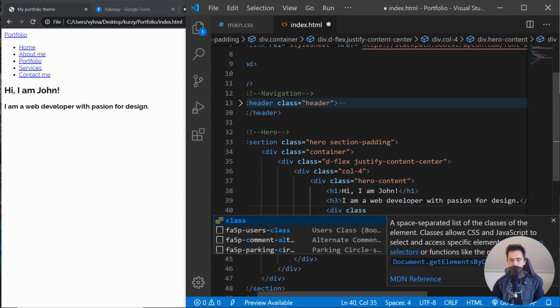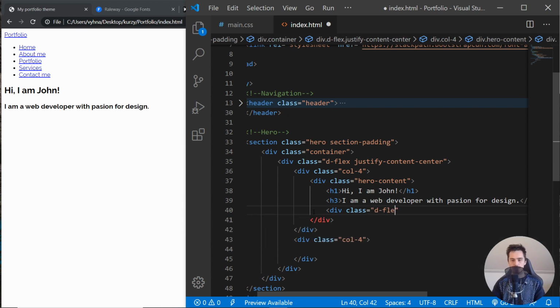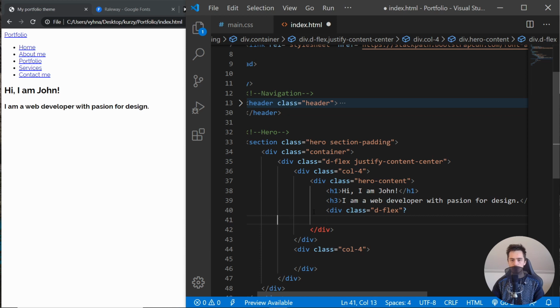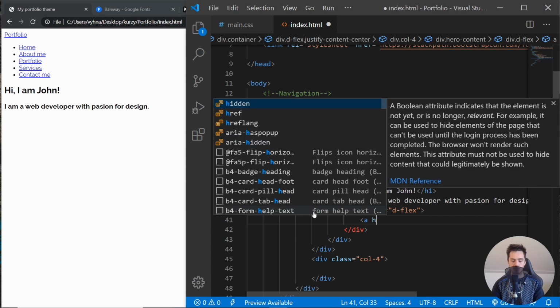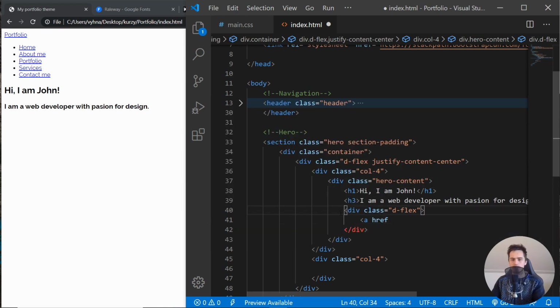So inside here I will have a div with the class of displayFlex, and we will have just 2 buttons in there. So one link, which will have the href, or we don't necessarily have to display flex because links are inline elements. So we can just put it into a div and give it a class of hero links, so that we can style it later on in our CSS, put a little bit of margin and stuff like that. So I will just put it in here, and we will have some sort of link that will have the